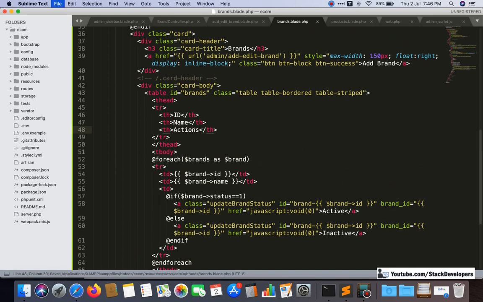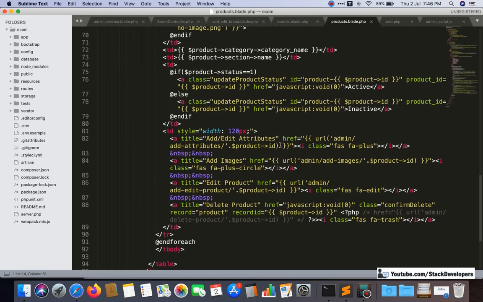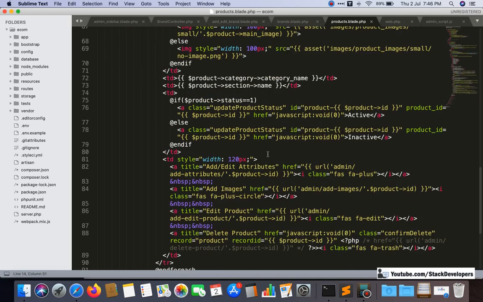Along with the status active inactive, I want to add one more for editing. You can copy the status from here as well, and you will also get those icons.